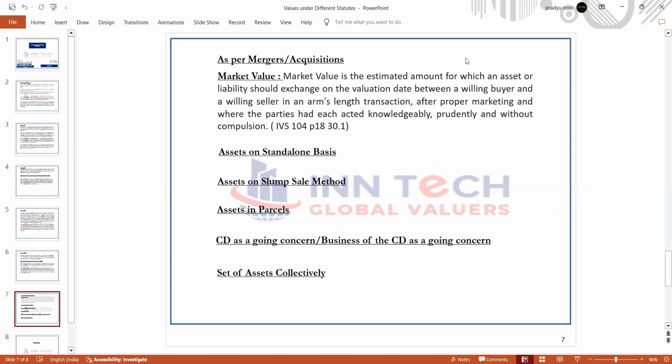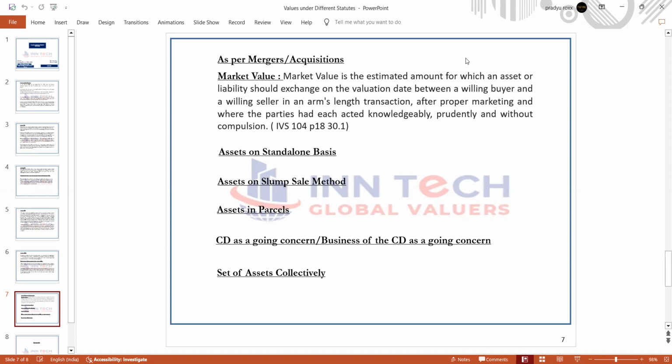So in that case, what will happen? The value will be the least of these five. The slump sale asset valuation, if at all you do it, that will be the least, if at all you sell the assets in a parcel. So again, the reason for asking all these valuations is that under the IBC, the aim is maximization of value for the corporate